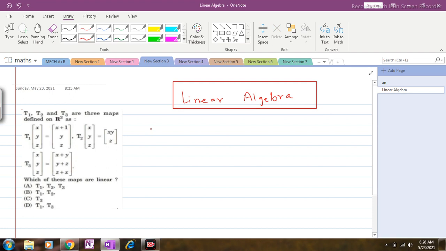So first I will write the definition: what do you mean by linear transformation? And then after that I will give the solution of this, how we can verify whether the given equation is a linear transformation or not. Okay. So let T: V over F to W over F. This is V over F, meaning vector space over field F. Okay. So it is said to be